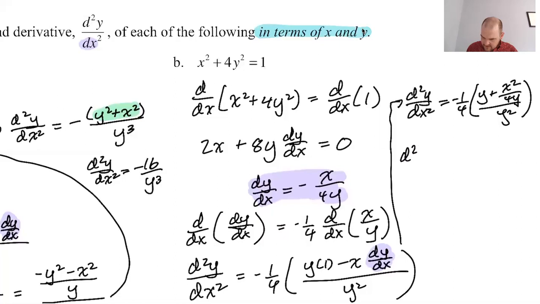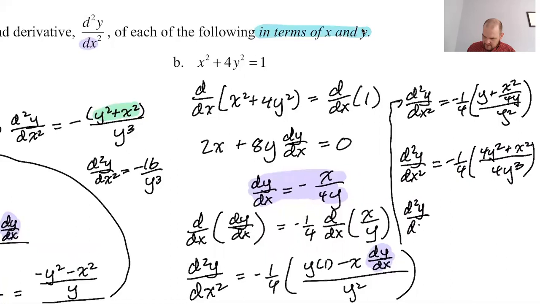So the second derivative with respect to x is going to be negative 1/4. I'm just going to go for it here. We'll get 4y squared plus x squared over, the common denominator in the numerator is 4y, and there's a y squared in the current denominator, so I make it 4y cubed. And so our second derivative is, well, look for the thing, right? So right here,